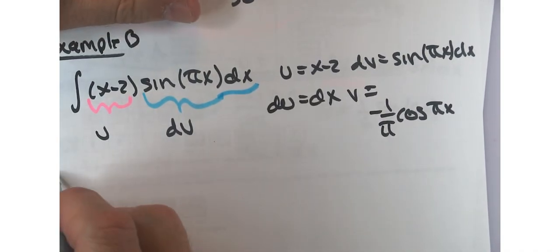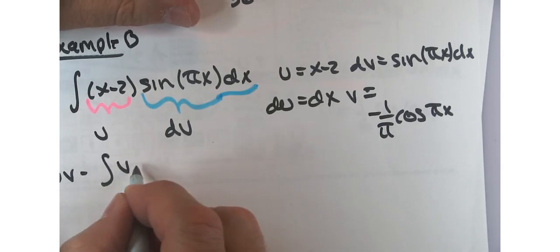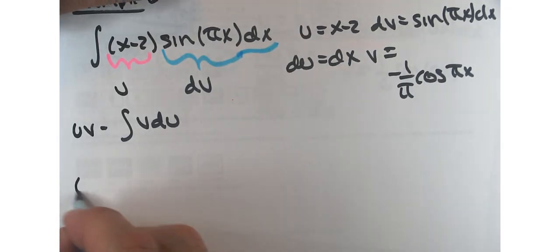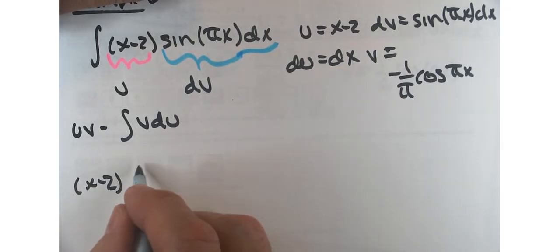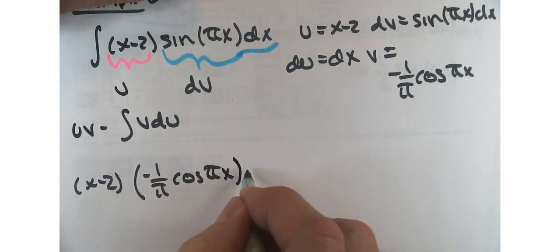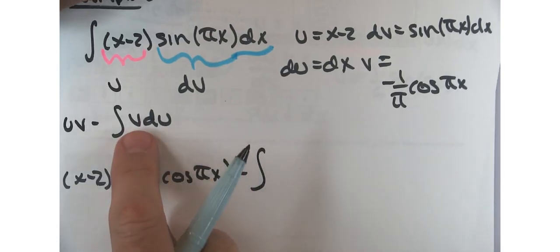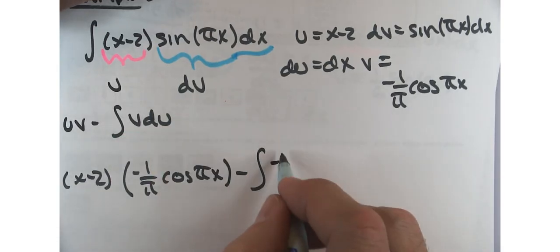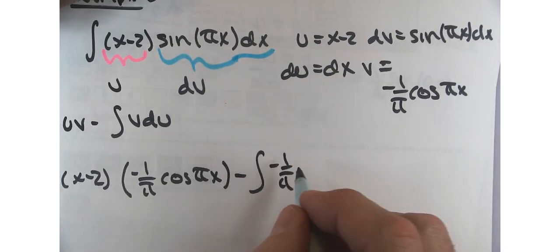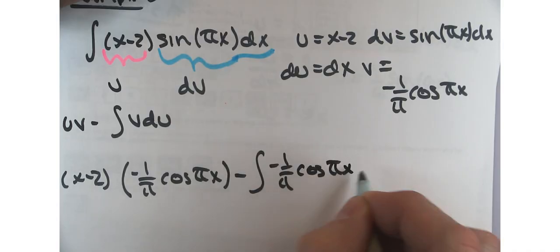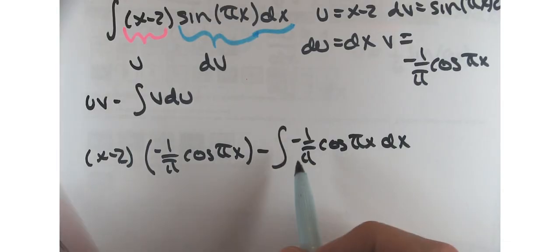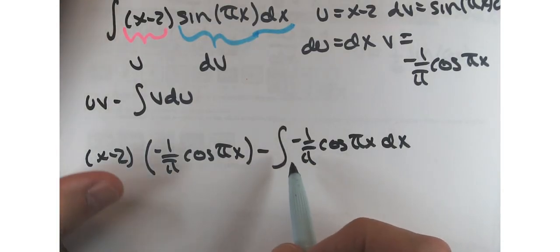I want u times v minus the integral of v du. So u times v, that's going to be x minus 2 times negative 1 over pi cosine of pi x minus the integral of v du. So it's going to be negative 1 over pi cosine of pi x. And here's where we pick up that dx term. Now these two things are going to cancel each other out. So I'll end up with